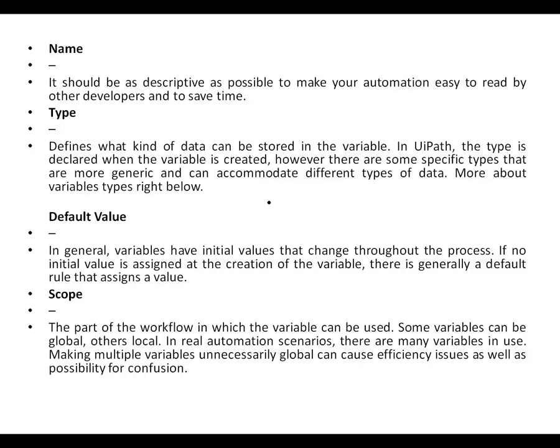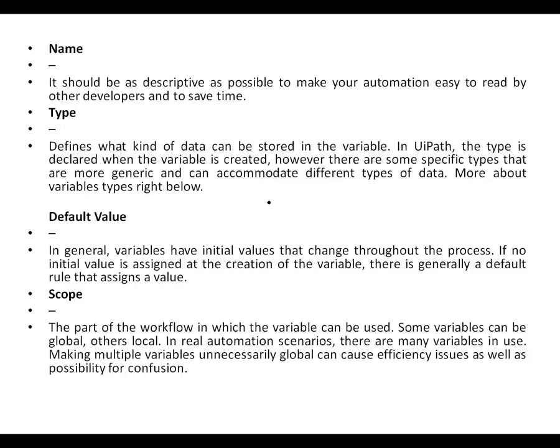Next is type. There are different data types supported by UiPath. Whatever variable you have declared, it should be provided with some data type, defining what kind of data can be stored in the variable. In UiPath the type is declared when the variable is created. However, there are some specific types that are more generic and accommodate different types of data.